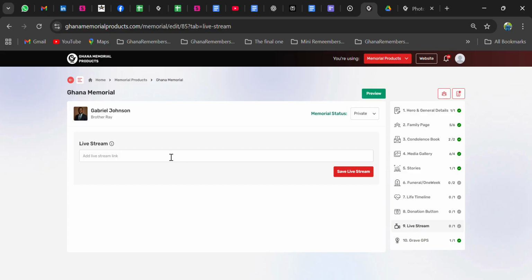So here you open the streaming platform you are using, whether it's Facebook Live, Zoom, or any other streaming service. You copy the link of the streaming service and then you paste it right here in this space. So after doing that,